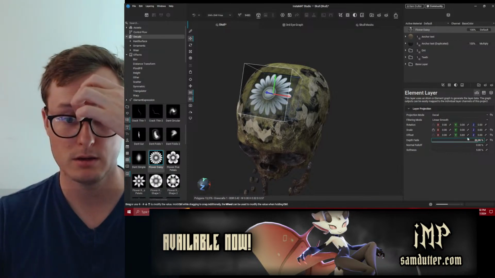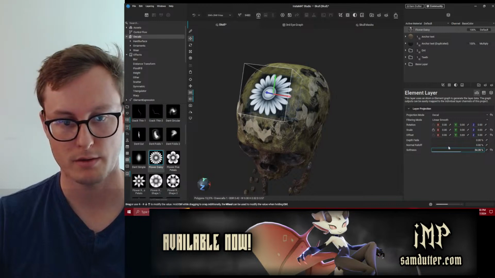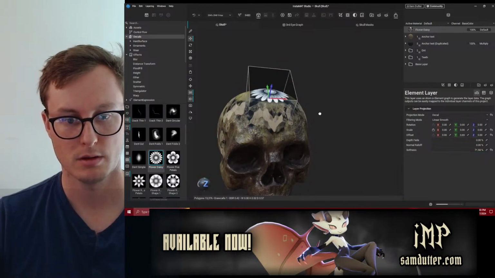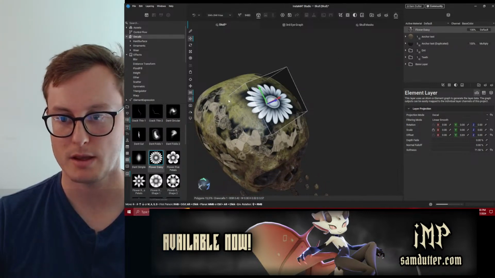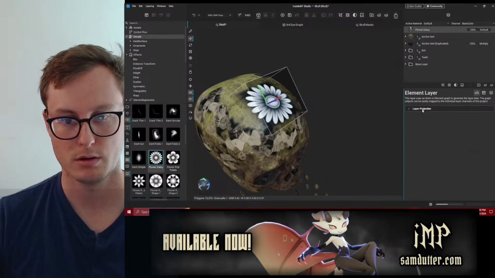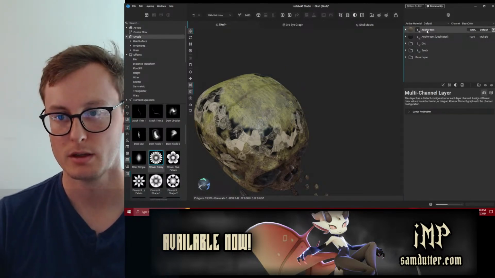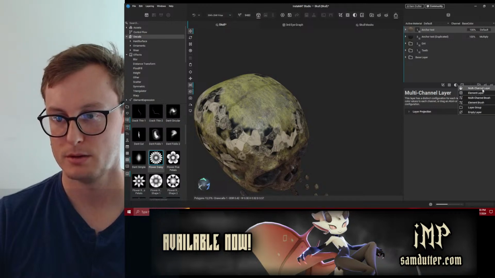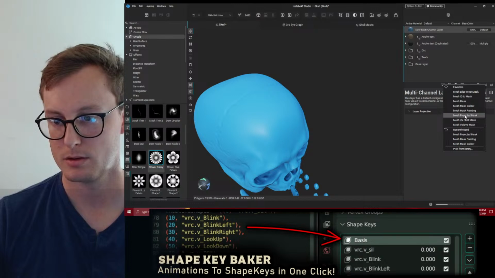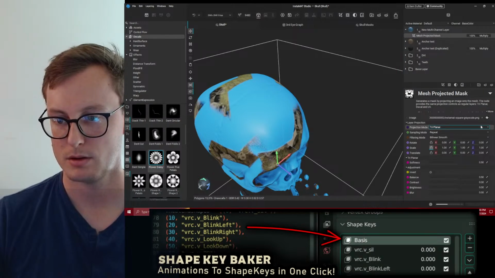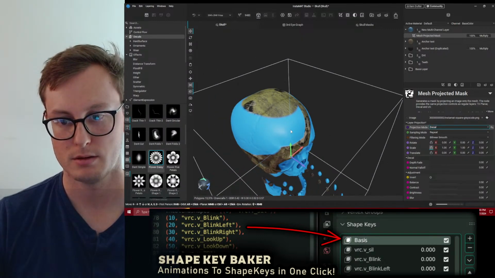Interesting. Depth fade. Normal follow. Softness. But that's there. This is a layer projection. I should be able to also make a layer, add a mask, and then set this to decal.